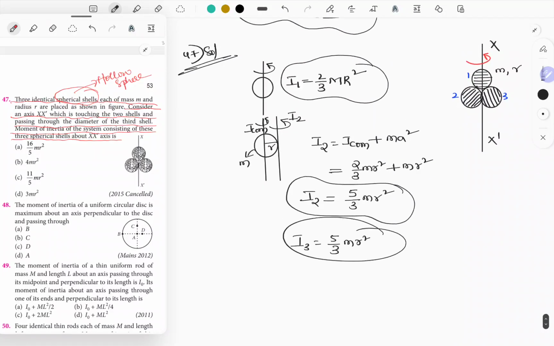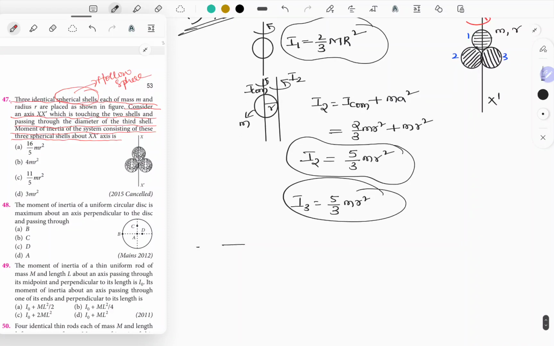They are asking for the moment of inertia through that axis because of these three shells. Let me represent that. Then the moment of inertia through x dash axis is equal to I1 plus I2 plus I3, which is equal to 2 by 3 m r square plus 5 by 3 m r square plus 5 by 3 m r square,